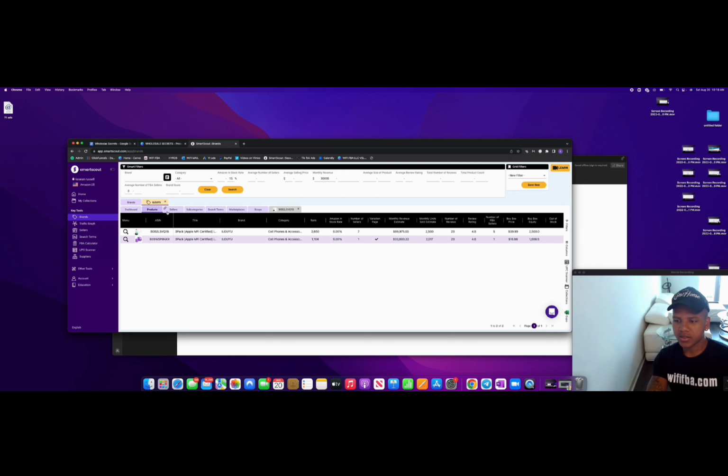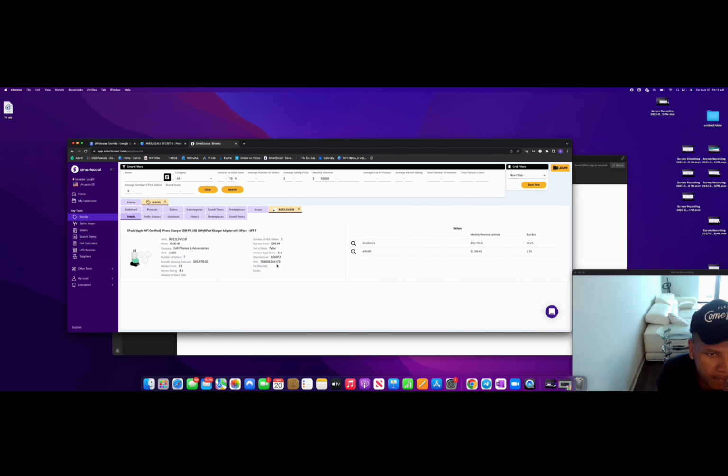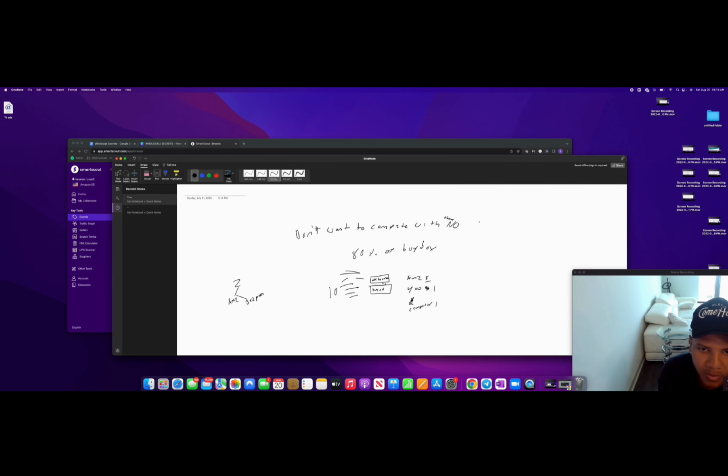It is one thing to be able to get a product for cheaper, but I also don't want to overbuy, because you always want to have your cash flow in the works, okay? So what I would do is, if I know there are 2,500 units sold, and I'm coming to the table with $3K to invest in this product, I know I should expect 3% of buy box. So my math would be